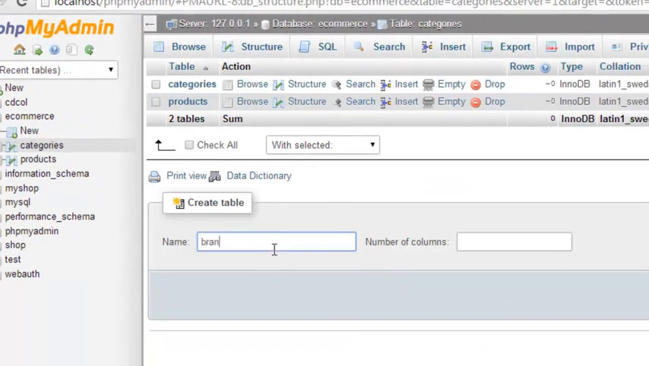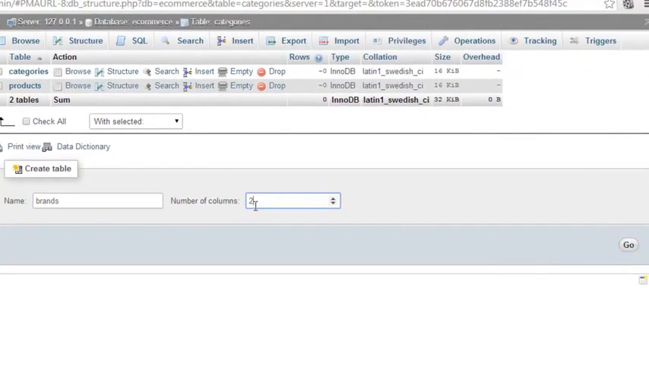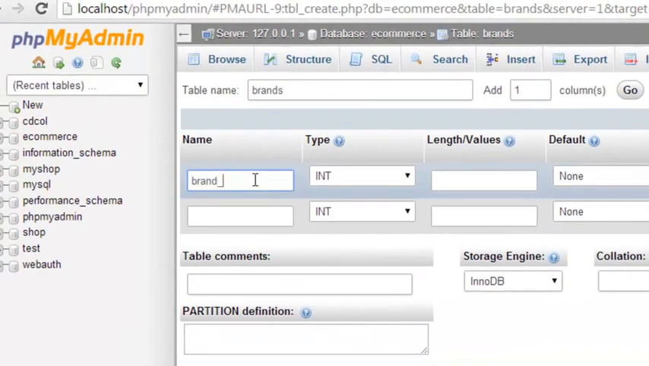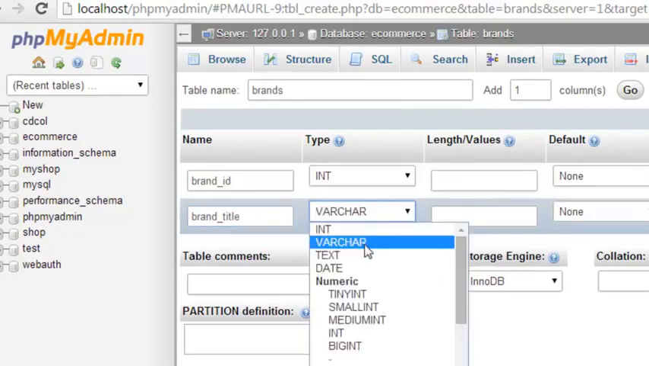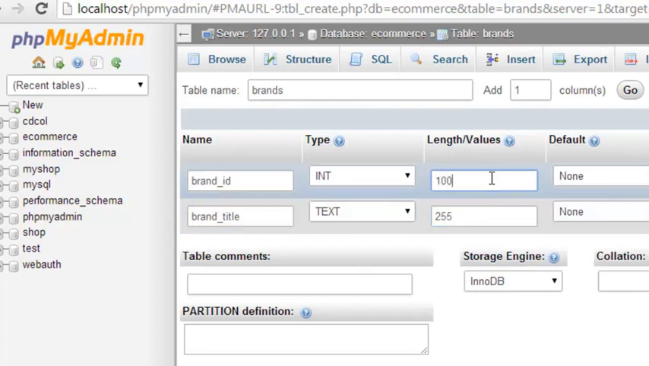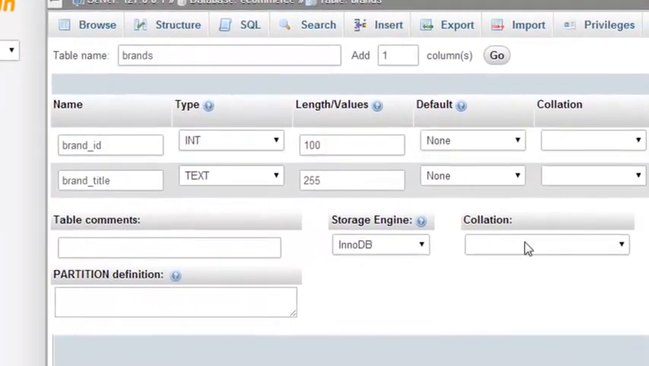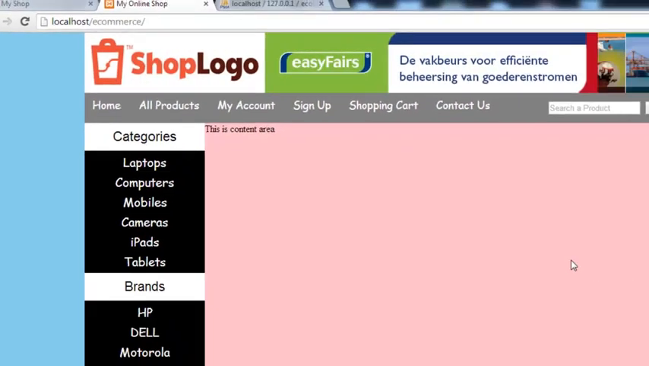One more table we need to create: brands. This will also have only two columns. Click go, brand underscore id and brand underscore title. This type will be varchar, text 255, and this 100. This will also be auto incremented and primary key, brand underscore id. Save. That's it. 3 of the tables that we require at this moment in order to insert the data and display back that data on this website